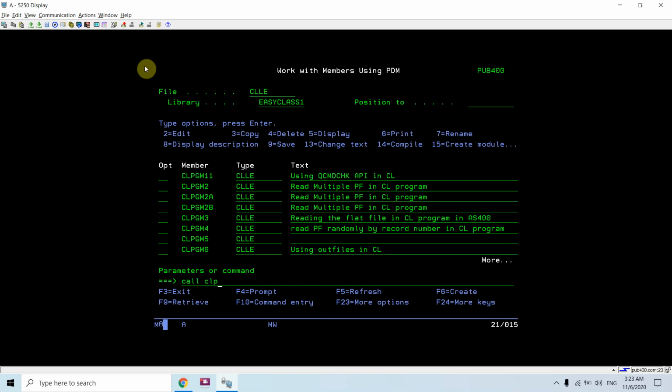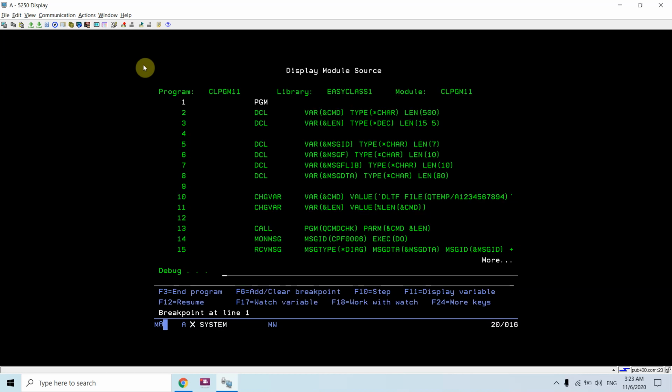Now call CLPGM11. Here I took this example of the delete file command. You can take any example.